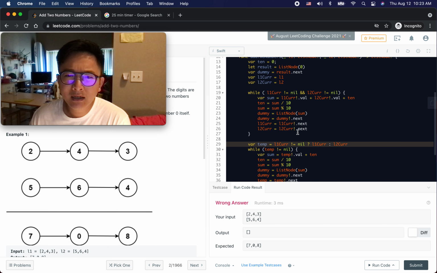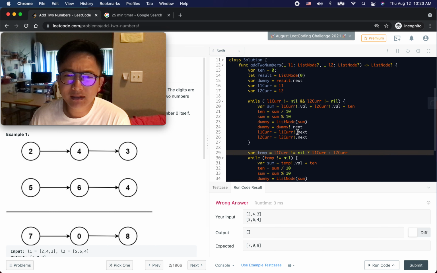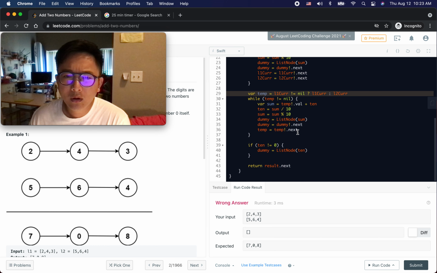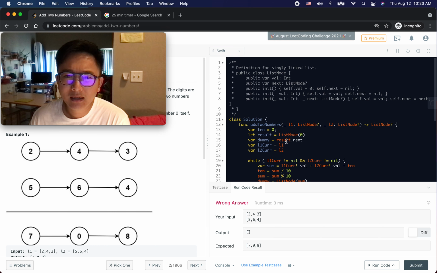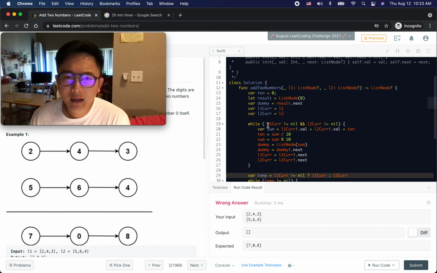So output is a null, which means that this is empty. So result.next is dummy, and